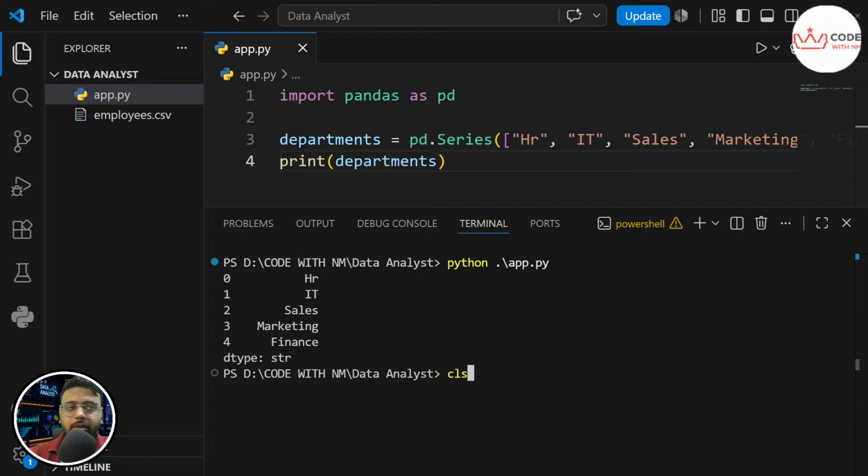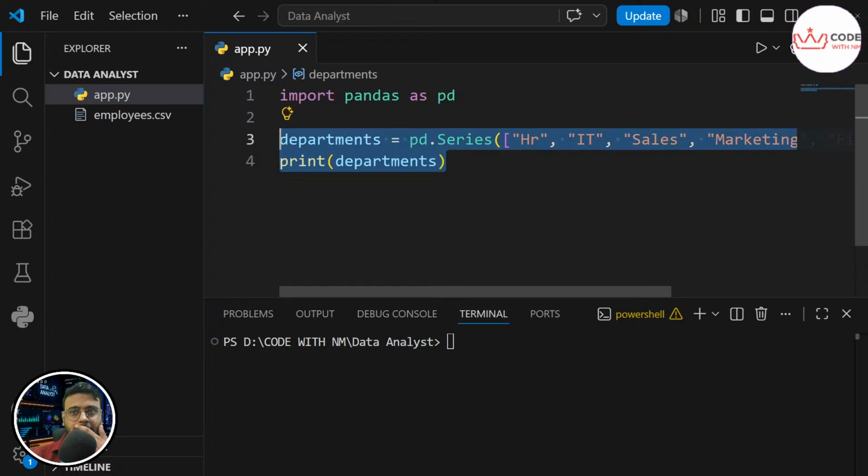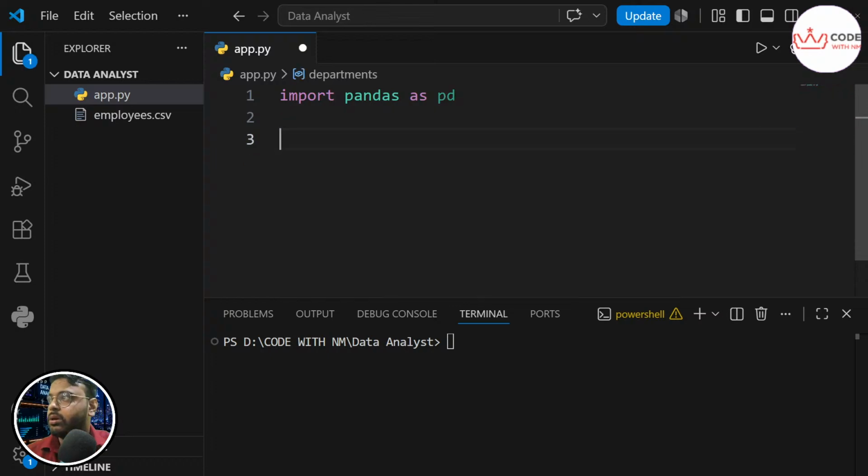To clear the console, it's simply cls and hit enter. Your console will be cleared, and let's see the example. To create the example we need to have multiple rows and columns. So let's create that, and let me name it employee underscore name, colon.